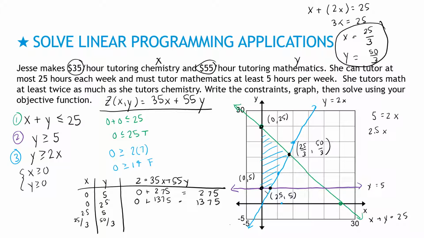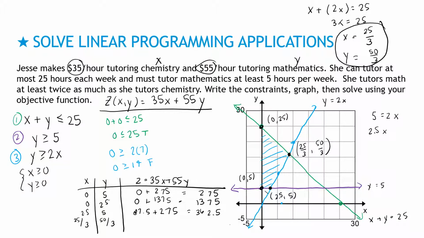Now let's look at 2.5 comma 5. 35 times 2.5 is 87.5. And 55 times 5 is 275. If I add those together, I get 362.5. So far, it looks like tutor math only, because yay, math is awesome. And last one,